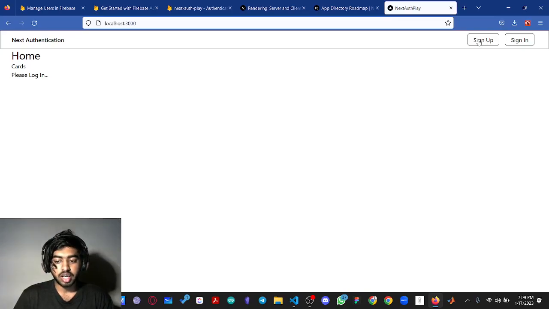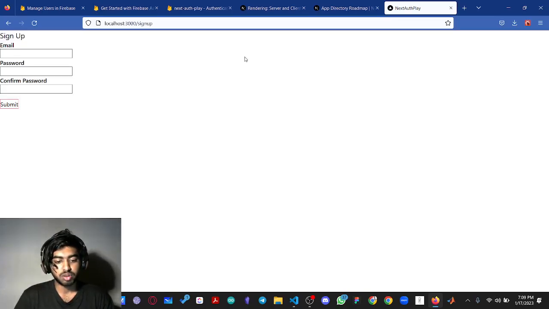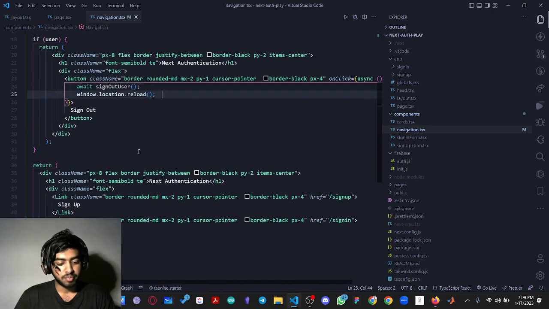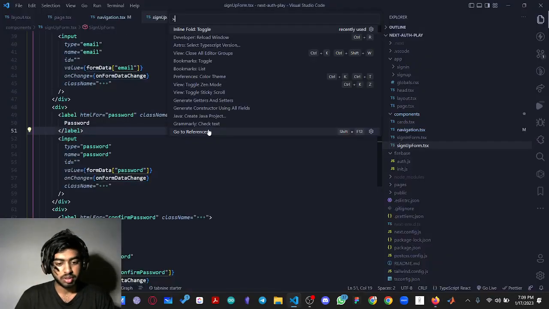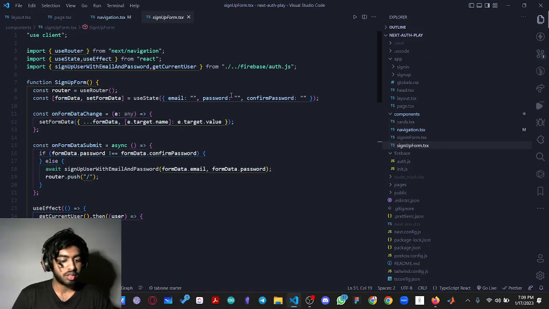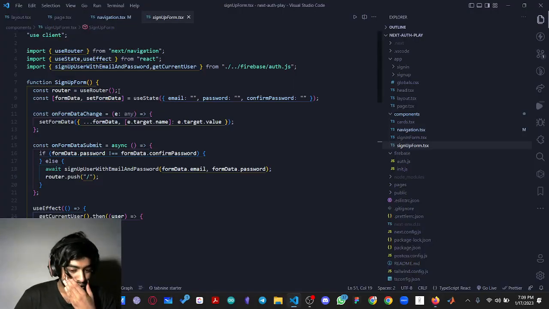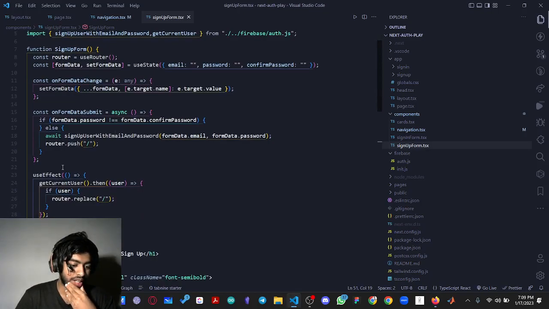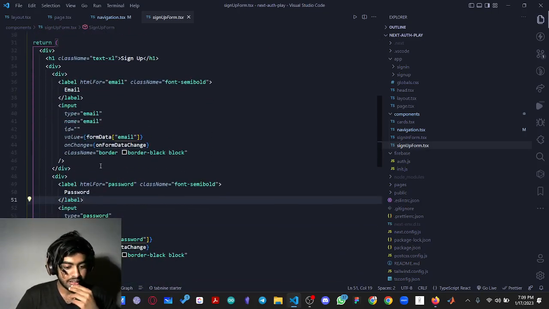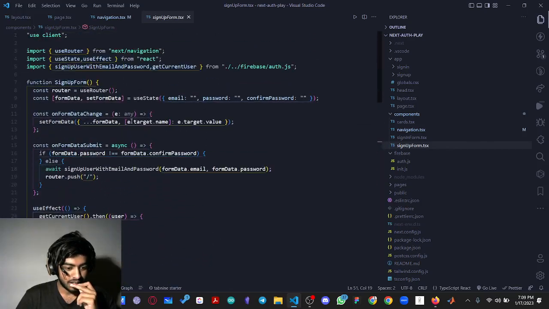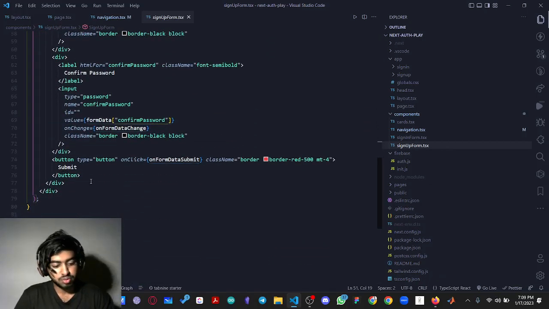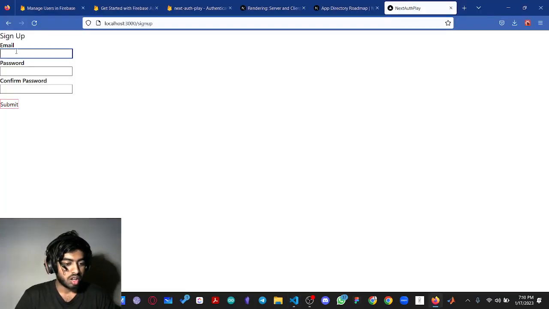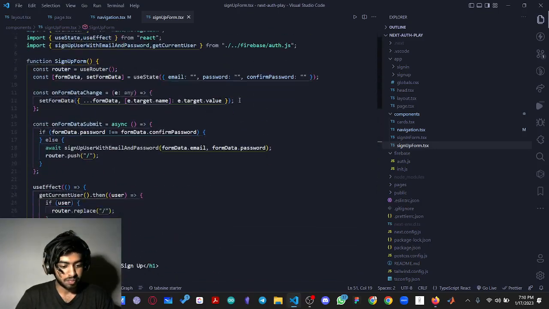What I'm doing in the sign up page is, if I go to sign up, there's going to be a sign up form component. So that would be the sign up page. I have created this form as a controlled component. The main thing is I am using this object called form data to store the email, password, and the confirm password. So when the user submits this form, after entering this, what is going to happen is